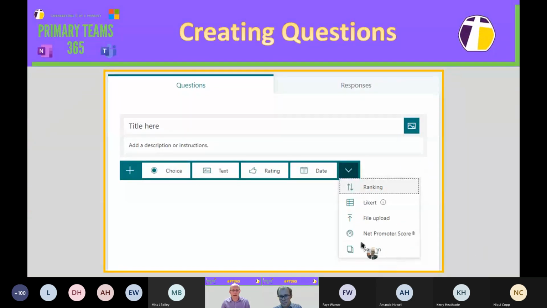So how do you create a form? Well, there are two main tabs when you go in. There's the questions where you're planning it and the responses where you look at how people have responded. It's very straightforward. You add a title, you add any description or instructions for the children, and then the main